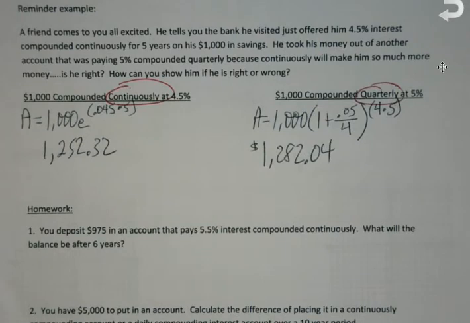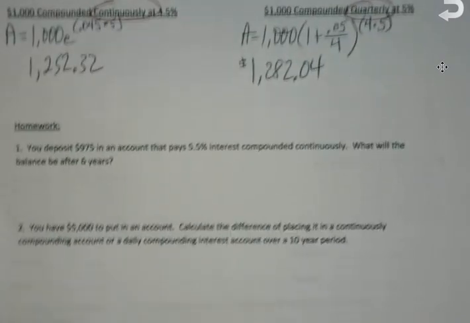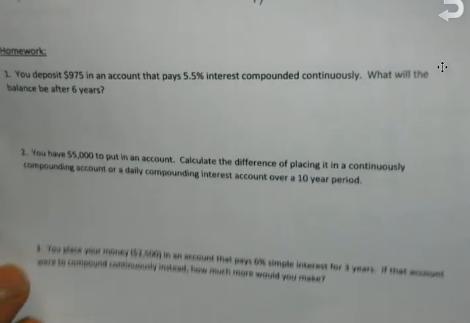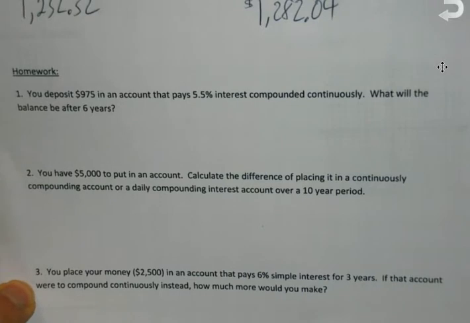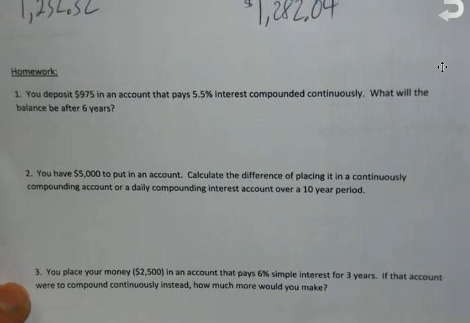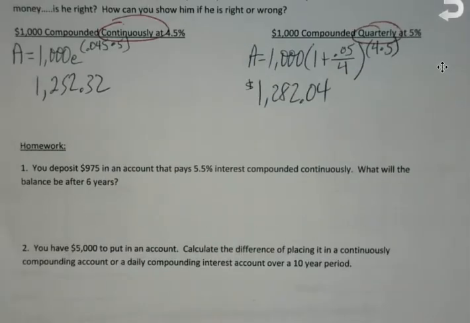So what your job is going to be is to take care of the three on the bottom. And again, the three on the bottom, basically going along with the type of stuff that we've been doing. We're making comparisons between the types we've been using, the simple interest or the compounding after a certain amount versus continuously,